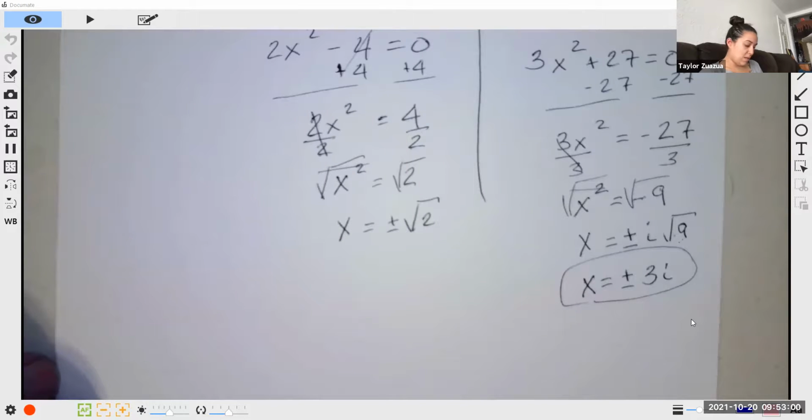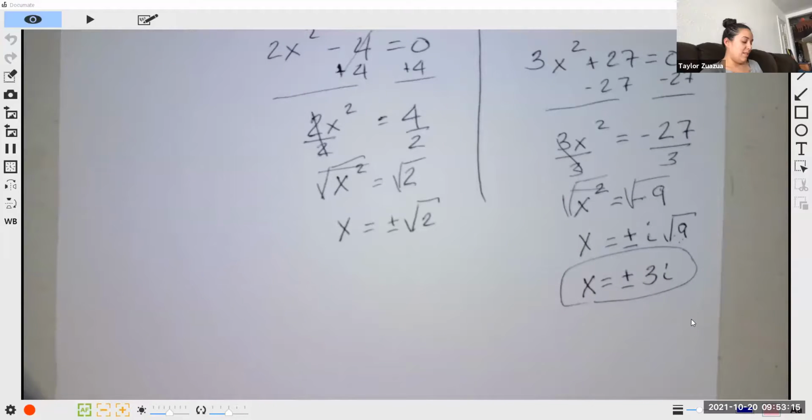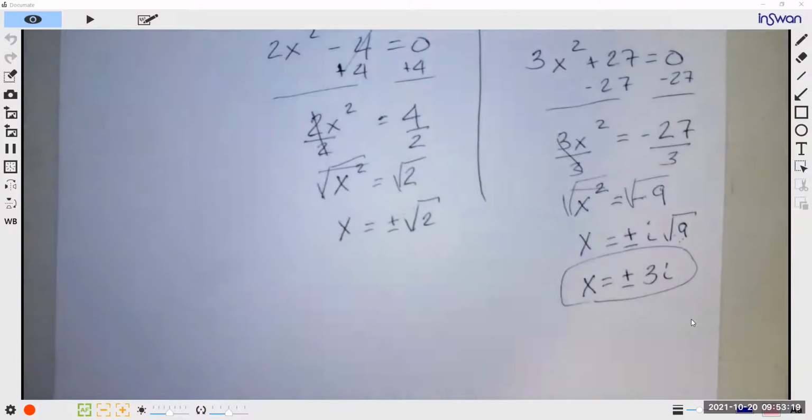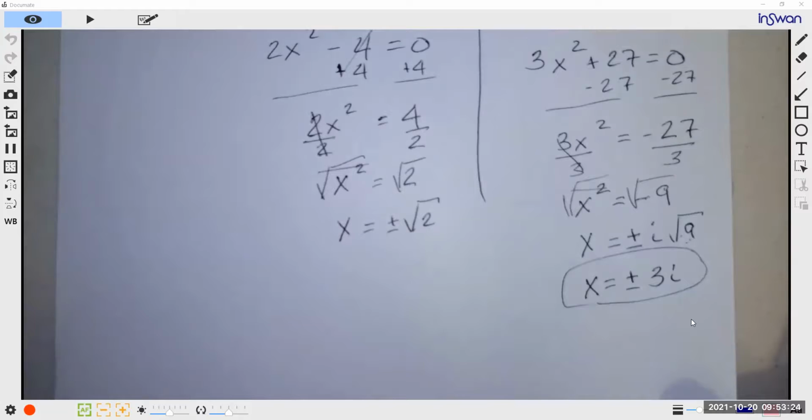A lot of people will get a little confused because now we have to start applying this. In the past, we used to say, okay, it has a negative, we're done, we can't go any further. But now, since we learned about imaginaries, we can go further. So that's the first condition: if you have two terms and one or both have x's. Now the second one,